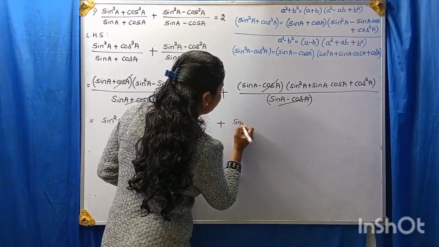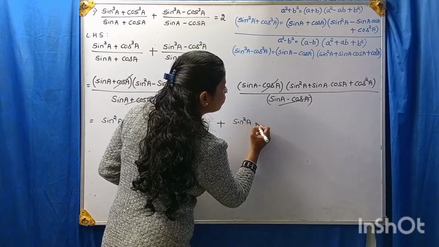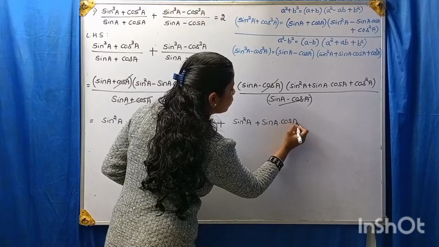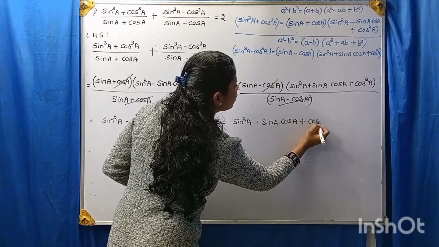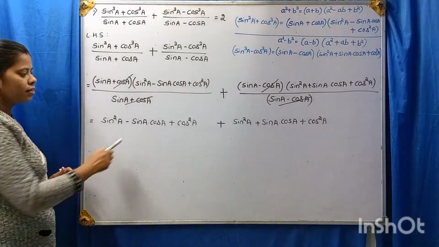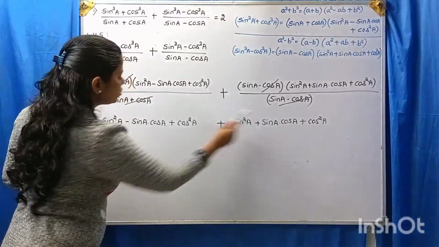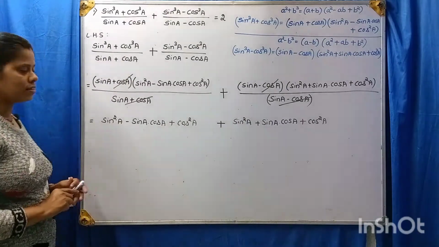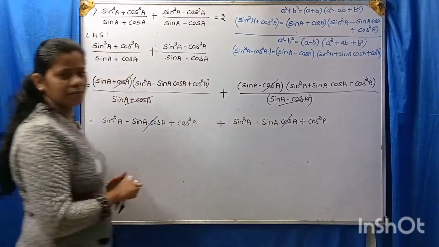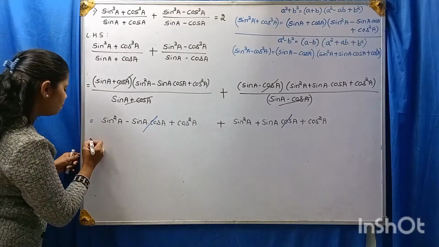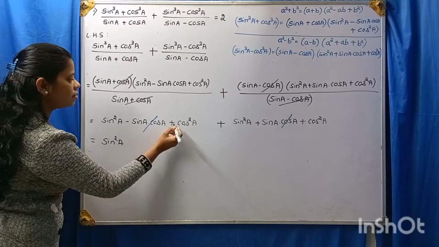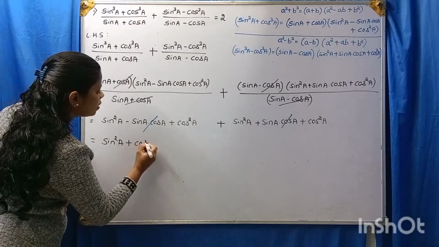Sin square A plus sin A into cos A plus cos square A. Now look at this. Plus sin A into cos A, minus sin A into cos A, both will get cancelled. Right? Then what is remaining here? Sin square A plus cos square A